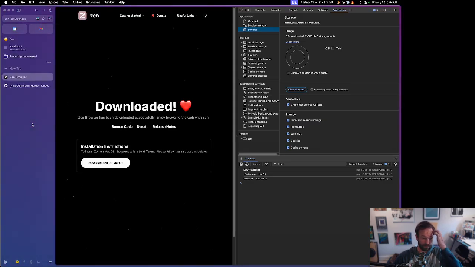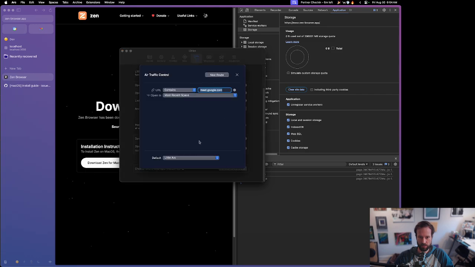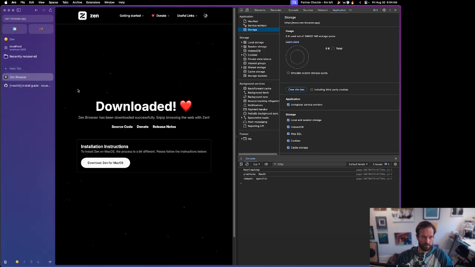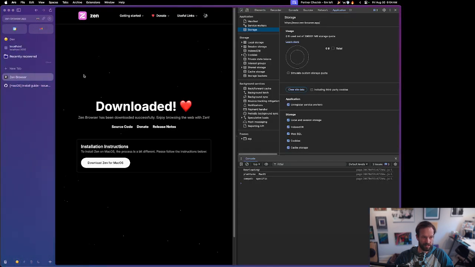So the cool thing about Arc is that if you go to links and scroll all the way down, you can get to air traffic control, and you can route any URL into a specific space. So I don't have to manually say, oh, I want all of my GitHub links to go to my research space. It automatically, if I click a link from anywhere that's a GitHub link, it brings that tab into that